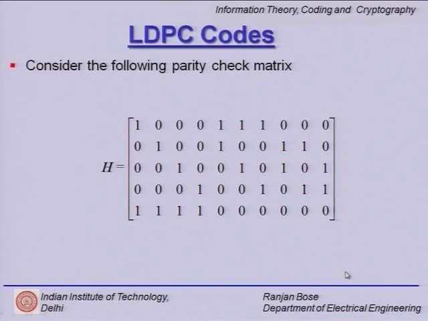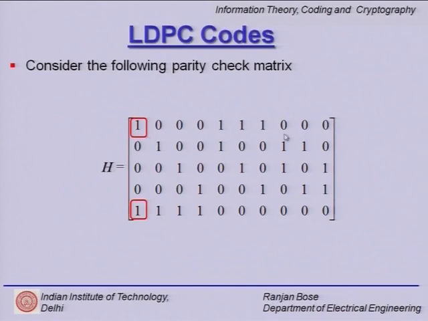Let us quickly look at an example. Let us look at an H matrix, which is the parity check matrix. Let us first look at the columns. Pick any column, say the third column. I see only 2 ones. If I pick any other one, suppose I pick the fifth, again I see only 2 ones. I can do this exercise as a sanity check and see that all the columns have at most 2. So, R is equal to 2.